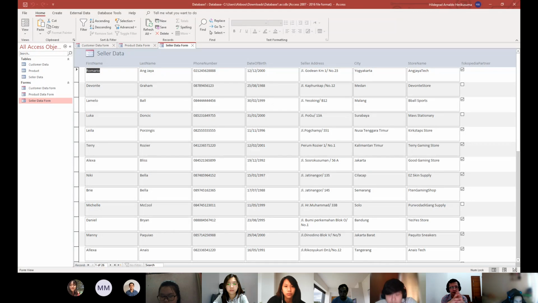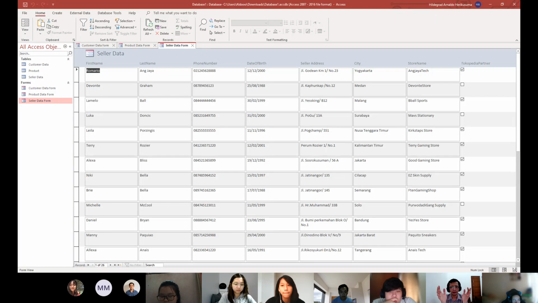It's just like using Microsoft Excel, and people might make mistakes. So please look at different types of forms and try to design a new form.